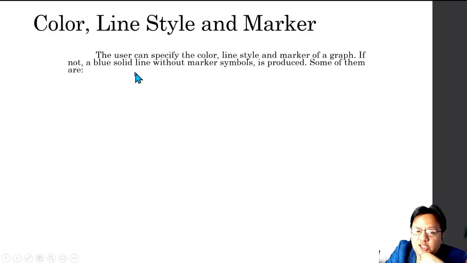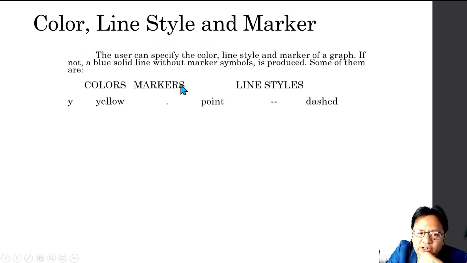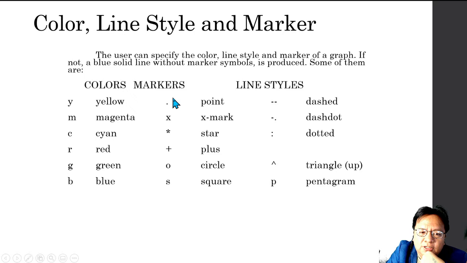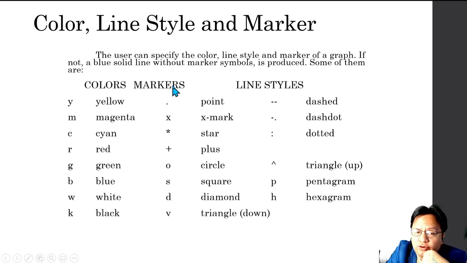Next is the choice for color, line style, and marker. There are different colors, markers, and line styles available for you to choose from. It should be a combination of one color type, one line style, and one marker for every graph. So you can use, for example, magenta, X marks, and then triangle. So you have your colors, your line styles, and then the different markers. So, from the figure,